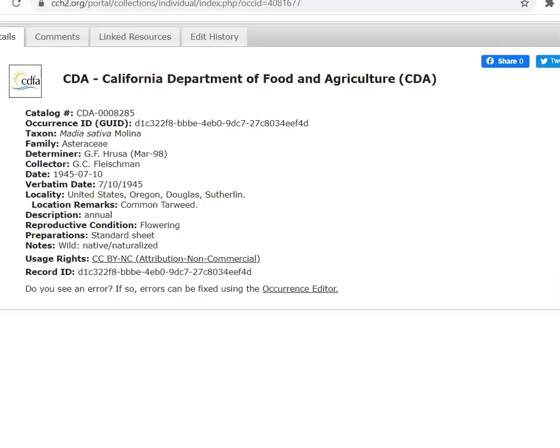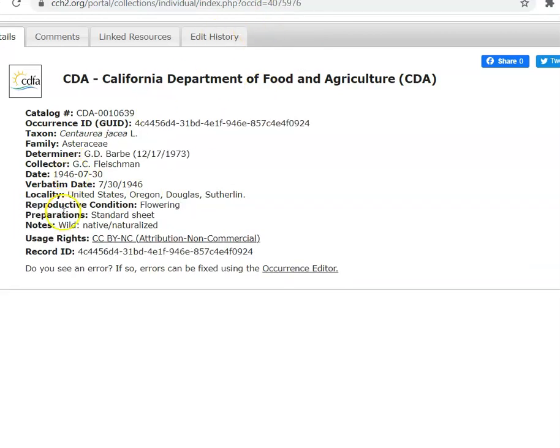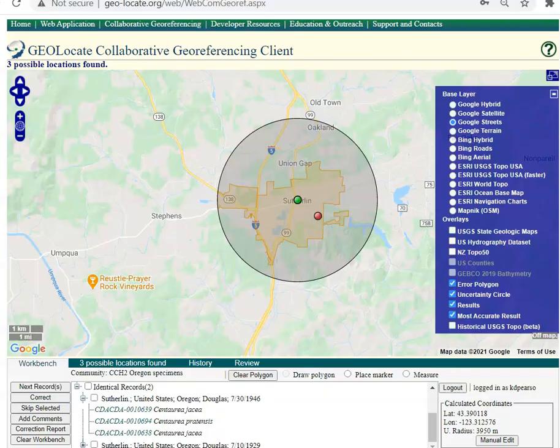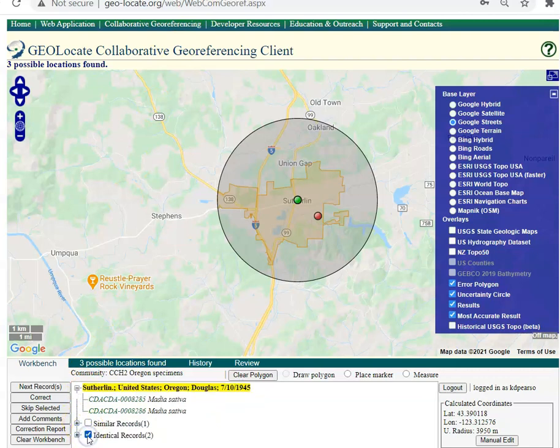Compare the habitat field of the potentially identical record to the habitat field of your highlighted record to determine whether they should be georeferenced together. If one of the specimens could be pinpointed to a more specific degree due to the habitat information, then you would not want to georeference both specimens together. For example, if one specimen was found in the same city but it said on a hillside, and another specimen in that city said along a creek, you might want to georeference those two separately. If you determine that the specimens should be georeferenced together, check the box next to the identical specimen record. Otherwise, do not check this box.